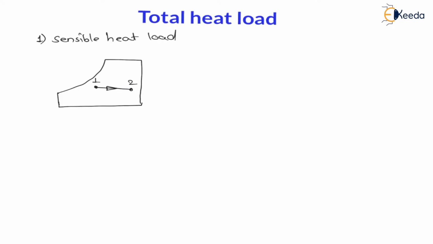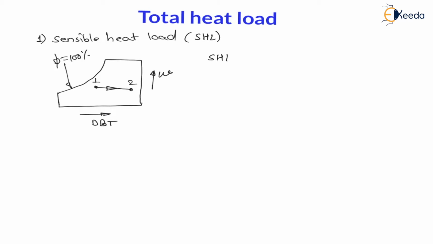Now here on the x-axis there will be the dry bulb temperature for the psychrometric chart. On the y-axis there is the specific humidity, and this curved line is the relative humidity equal to 100% line, that is the saturated line, that already we have discussed many times in previous lectures, right? And sensible heat is nothing but heat responsible for increasing or decreasing the temperature. Now here from 1 to 2 temperature is increasing, right? And this heat load is called sensible heat load. It is also represented by SHL.